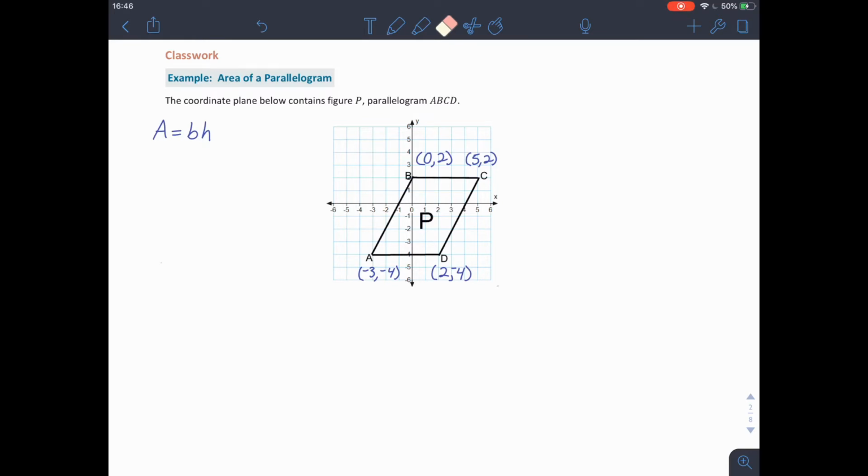So there are two strategies that we can use when we have this shape on the coordinate plane. We can either count along the coordinate plane to see how long the line is by how many jumps we have to make on the coordinate plane, or we can find the distance between the endpoints of the line segment using the points on one of the number line axes that makes up our coordinate plane. So I could count from, say, B to C or A to D to see how far apart they are,